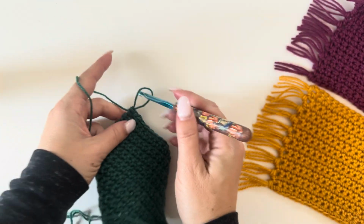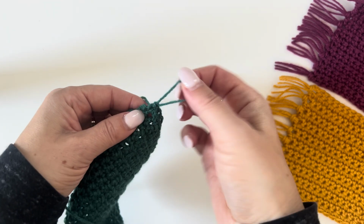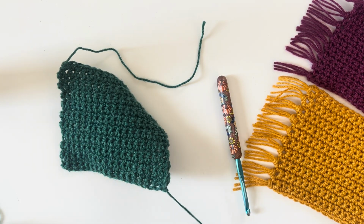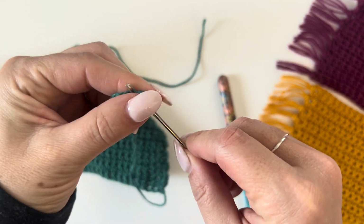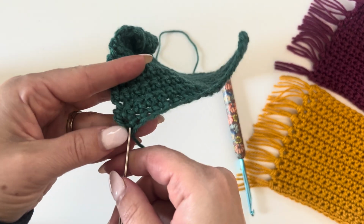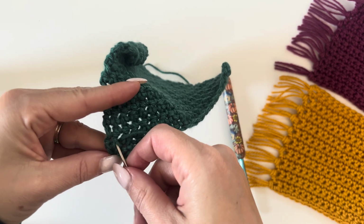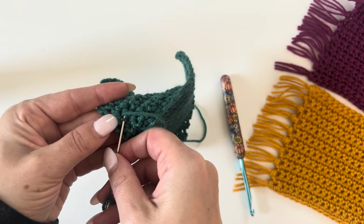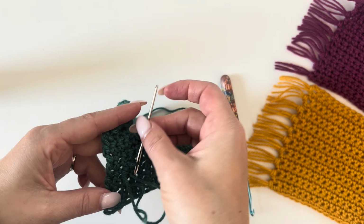Okay, so when we're done, we're just going to clip off that yarn, pull that through, and now you only have 2 ends to weave in. So I'm taking my tapestry needle, putting that loose end right through it, and then just working in between, back and forth, the stitches on either side. There we go. Just to weave in that loose end,